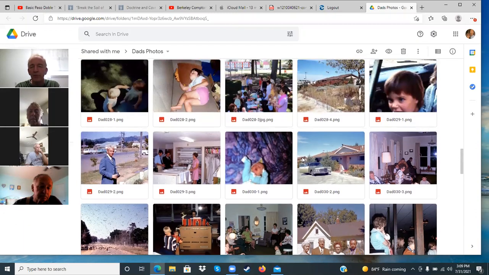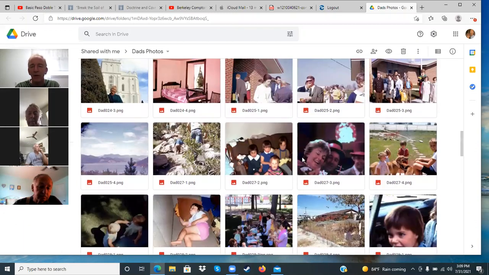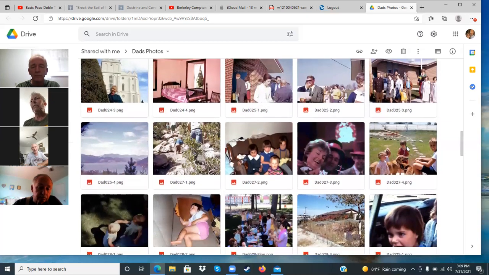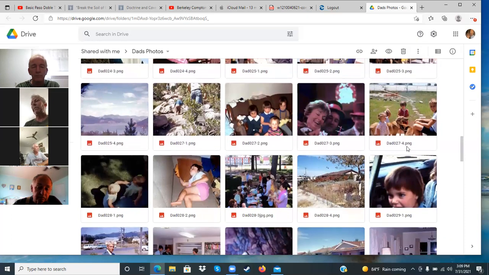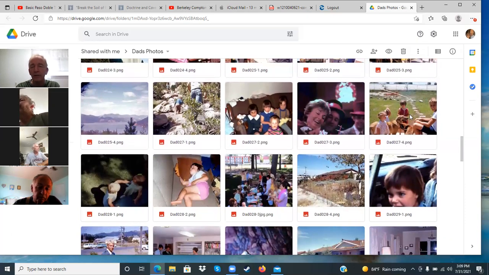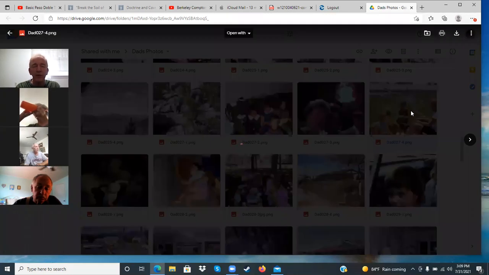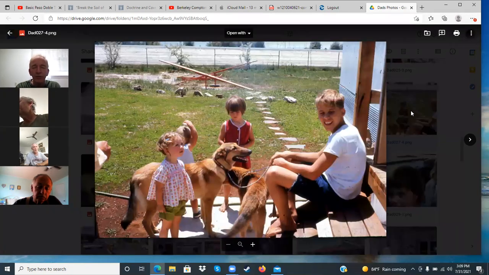So where we left off last time was on this photo right here. Are these the same photos you're thinking of, Chad? Well, let's just choose a photo and open it, and let me take a look at it. This is the last photo we did, and I believe that's you sitting there, Chad. Okay, give me the number.